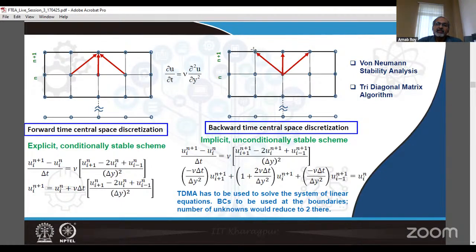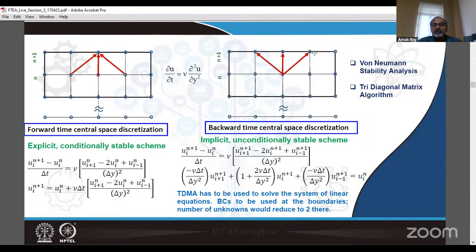Though when you write this linear equation for this, you will see that the number of unknowns will be reduced to 2. Why? Because this will no longer be an unknown. It will come from the boundary condition, while this and this will be unknown. While when you write this discretized equation for a grid point like this, centered about this grid point, this will be an unknown, this will be an unknown, but this will be a known. And therefore, there will be two unknowns in that equation, which means only for this reference point, there is a linear equation in three variables, while the equation centered about this point has two variables, the equation centered about this point has two variables, and finally, you therefore have three equations to solve, which should help you solve